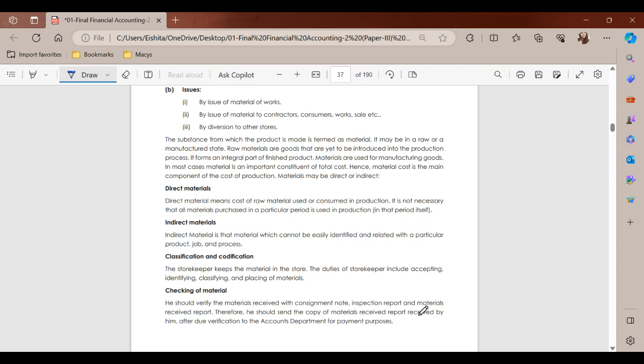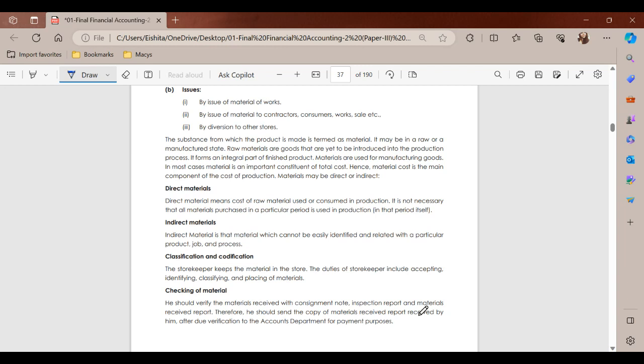So he has to make sure that he receives all the material which is mentioned by the vendor, and in case he does not accept, suppose, 50 of the material, he should reject them and he should accept